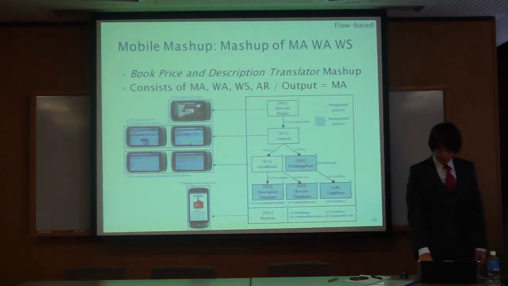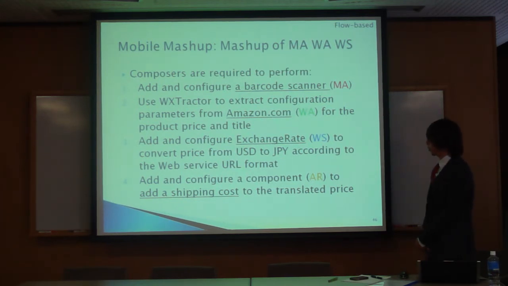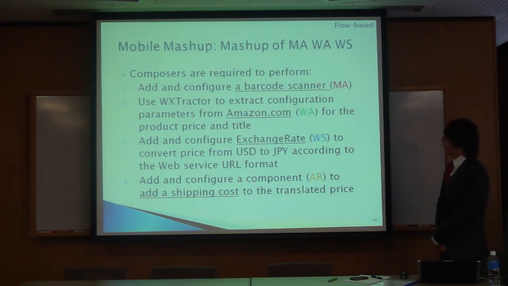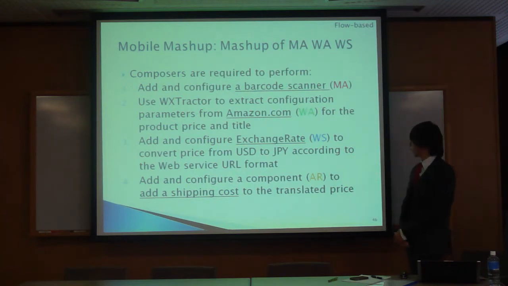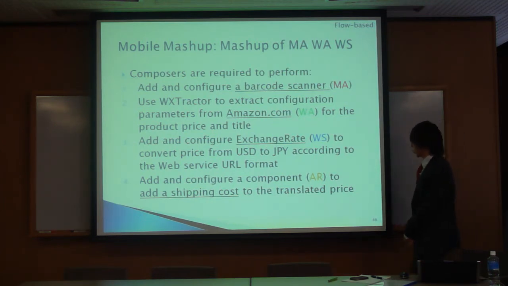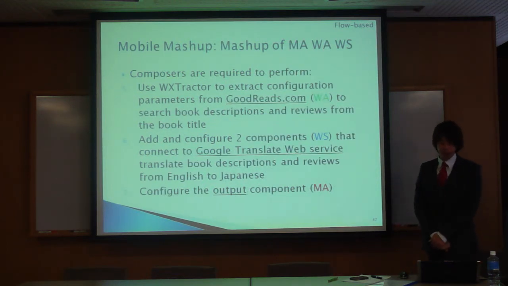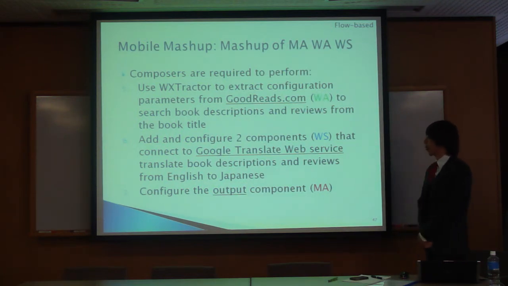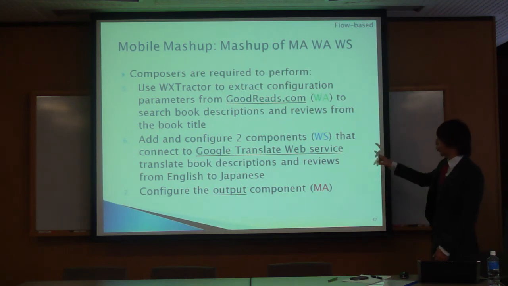So what composers are required to perform is, first, they have to add and configure a barcode scanner and use the view extractor to extract configuration parameters from Amazon.com for product price and title. And after that, they add and configure the exchange rate web service to convert price from US dollars to Japanese yen according to the web service URL format. And later, add and configure an arithmetic component to add a shipping cost to the translated price. Number 5, they also use the view extractor to extract configuration from Goodreads.com to search book descriptions and reviews from the book title. And later they add and configure 2 components, the web service that connects to Google